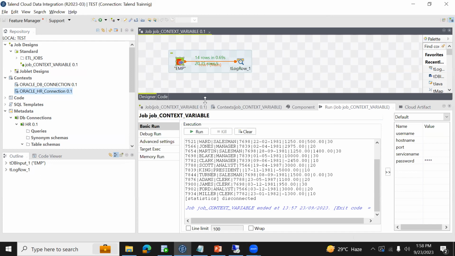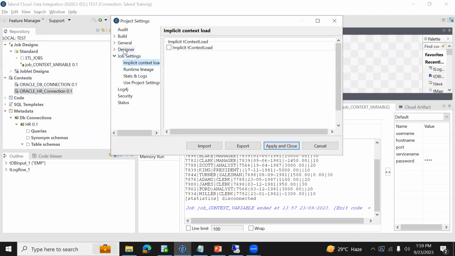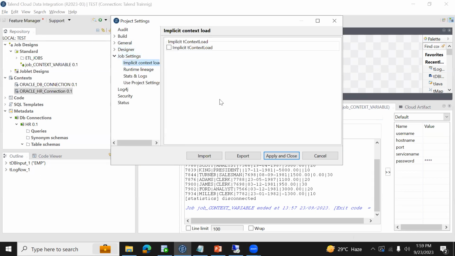Okay. So right now, first we will see how it works with implicit. Implicit is always set at project level. For example, go to here, we will see the step-by-step approach. Go to File, Edit Project Properties. Here you have an option. These are the four options you will be seeing: build, general, designer, job setting. If you expand the job setting, here you will find implicit context